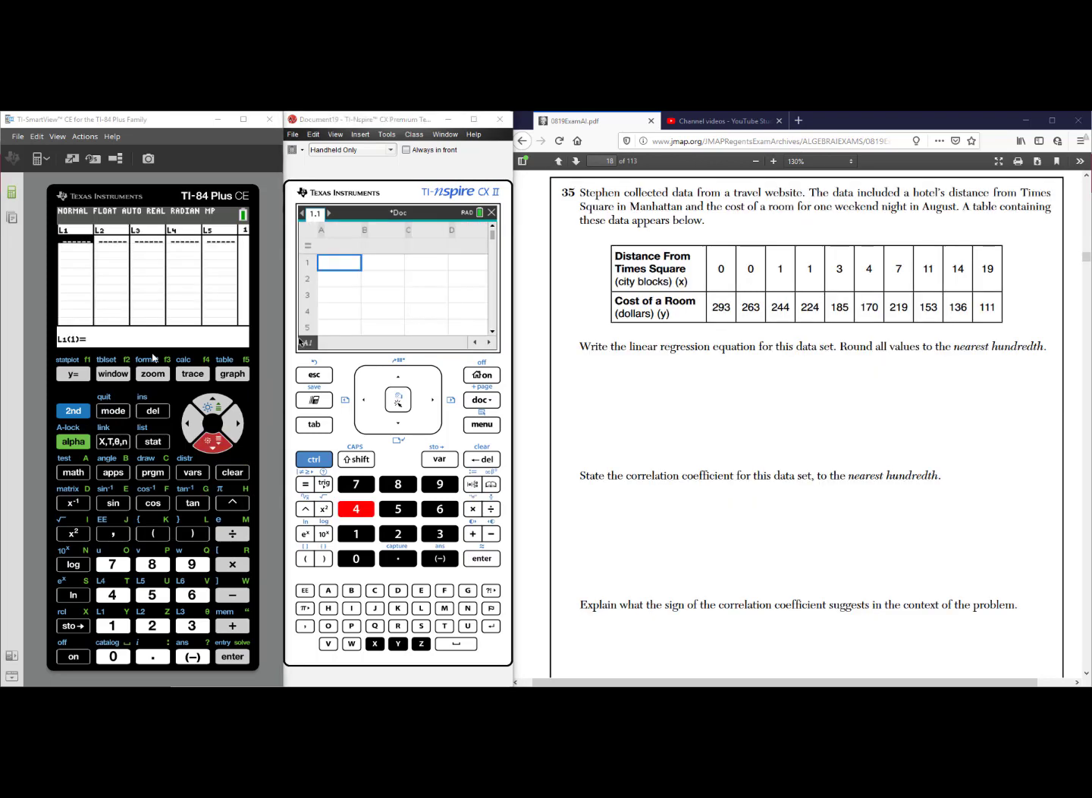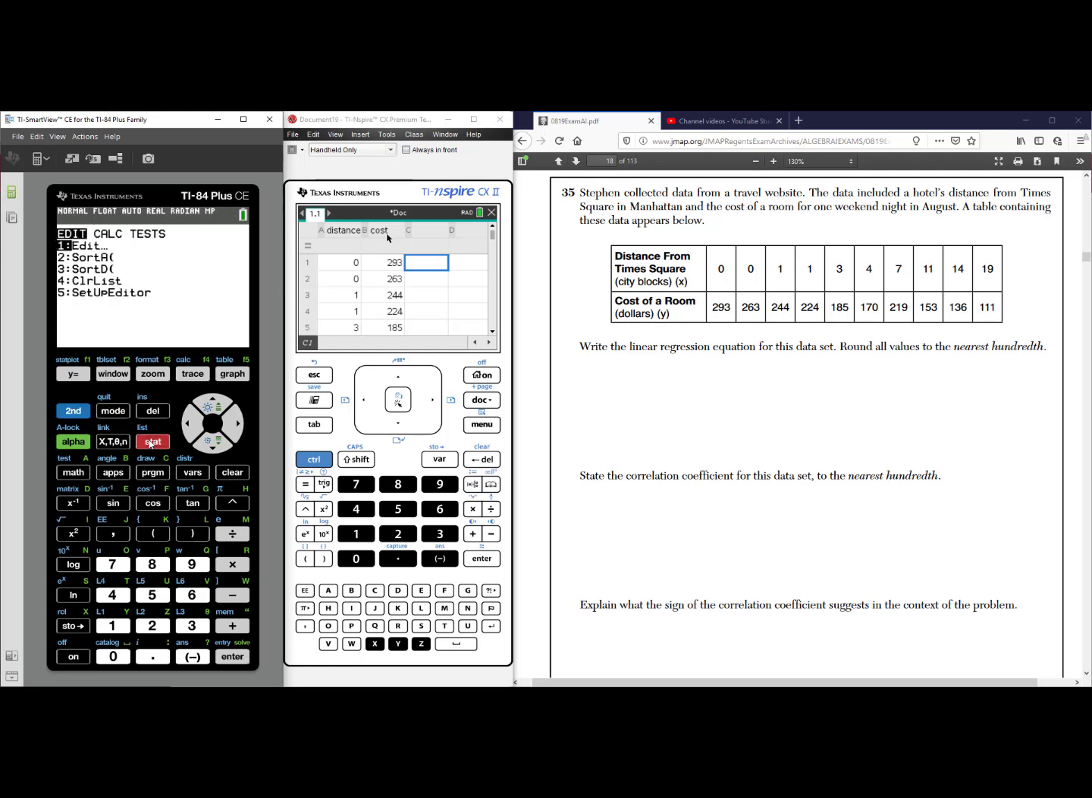set. Question 35 has data, and it's asking for a linear regression. So on the TI-84 Plus family, you'll enter your data into list 1 and list 2. On the TI-Nspire, you'll enter it into column A and column B. I will point out on the TI-Nspire, I strongly recommend labeling the top of your columns before you proceed. We will quit on the TI-84 Plus, second mode,